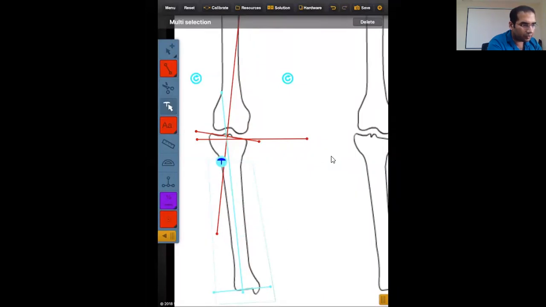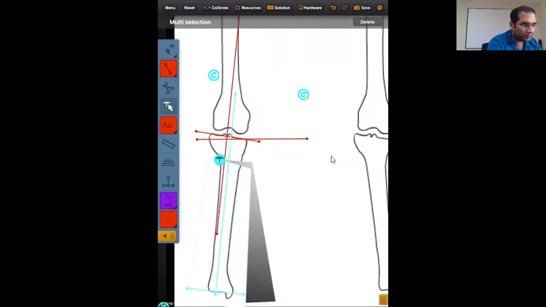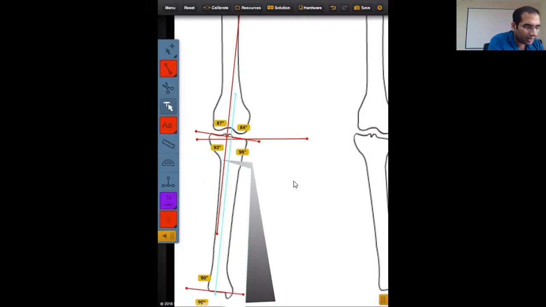I'm going to do an osteotomy over here. And since I'm planning to apply a plate, I'm simply going to do an osteotomy. So now I can do two things. One thing, I can make the two lines parallel. By making these two lines parallel, the proximal mechanical axis line and the distal mechanical axis line, I will realign the joint orientation, but this will not restore the mechanical axis of the limb.